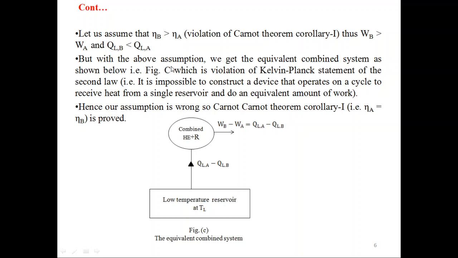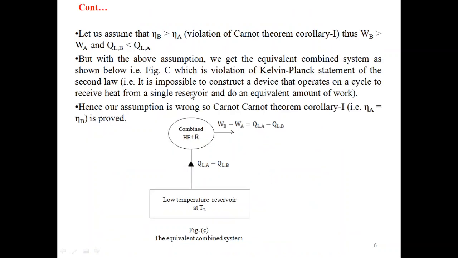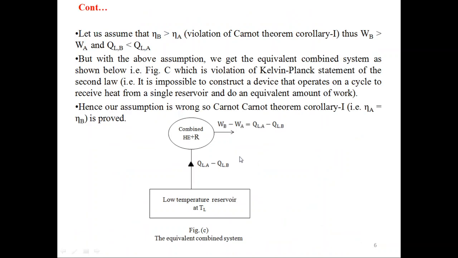But with the above assumption we get the equivalent combined system shown in figure C. You can see here QH is the amount of heat rejected and QH is the amount of heat supplied to the B. So this will be cancelled out, and the net value of work is WB minus WA, and the net value of heat, as we have considered QLB less than QLA, will be QLA minus QLB. So the overall equivalent system will be